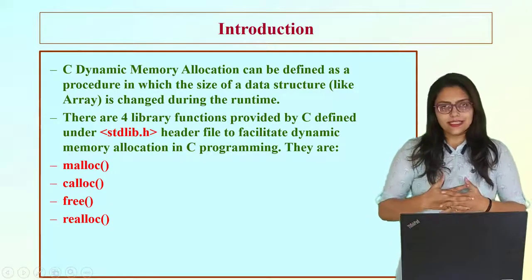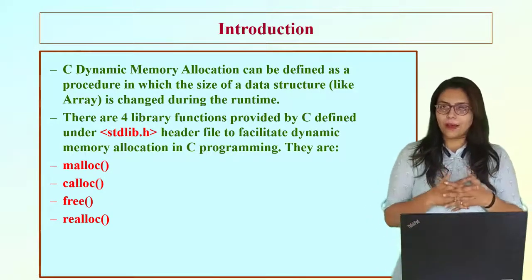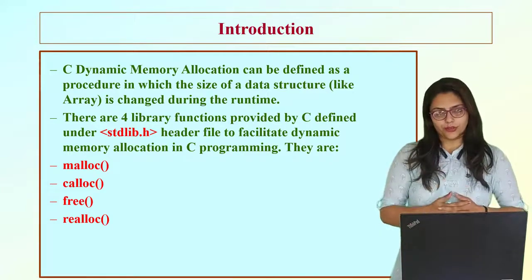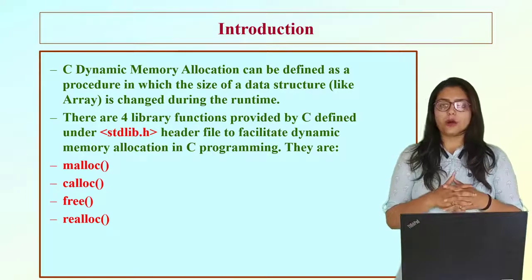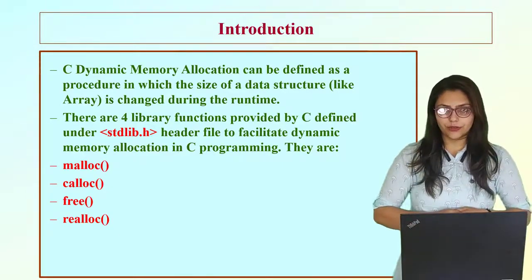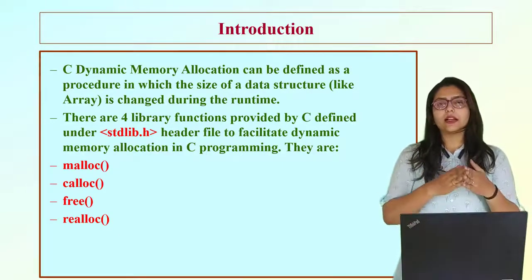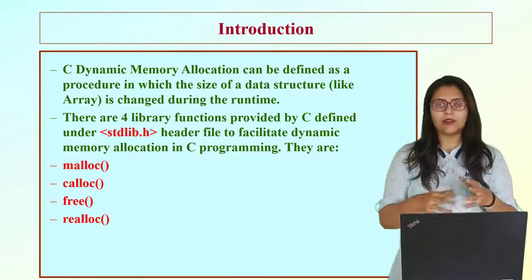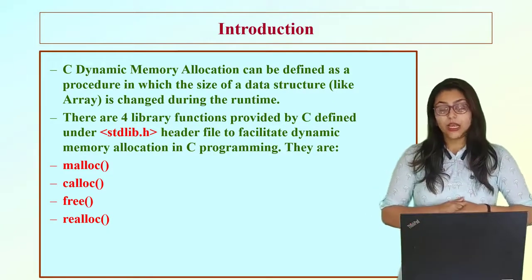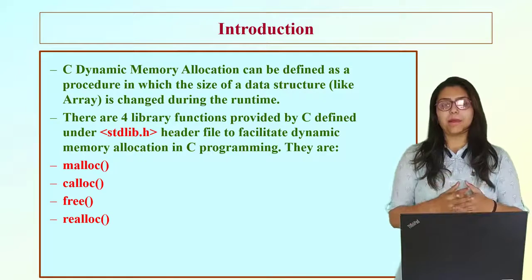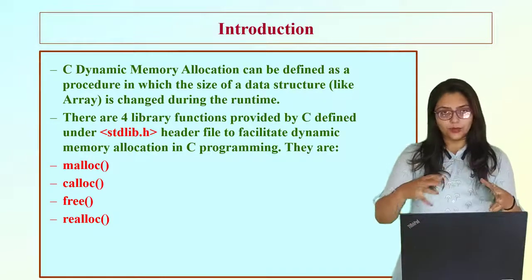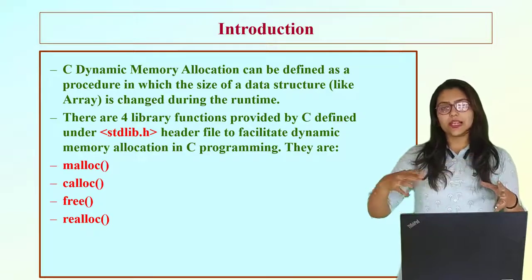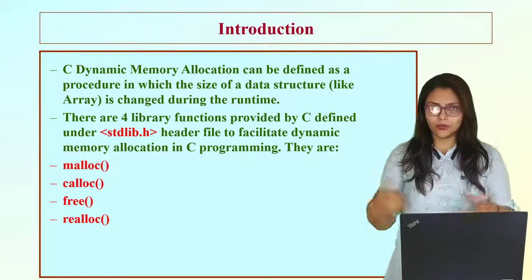In this chapter, we are going to study 4 methods of dynamic memory allocation. But before going through those methods, I would like to talk about memory allocation. Whenever you are creating a variable, memory will be assigned to it. If you are creating an array, you start to store values in one particular location, and those values are stored in contiguous memory locations.